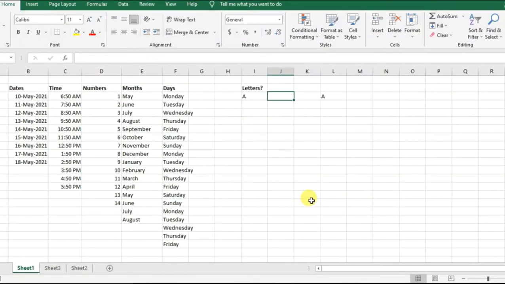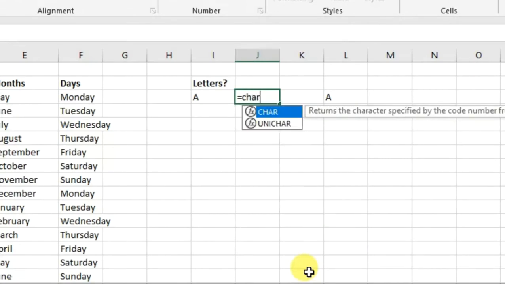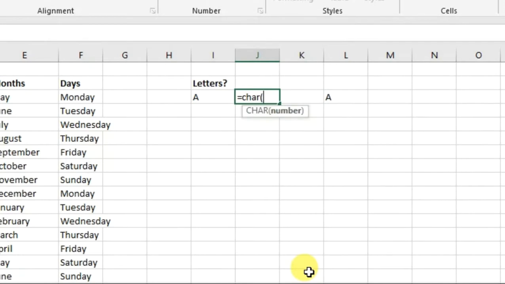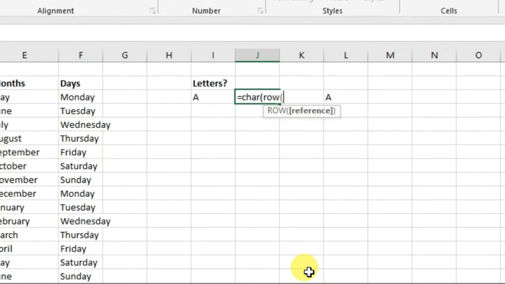We will learn now how we can autofill these alphabets. For that purpose, you have to type the formula: equal to CHAR, that is character, open the bracket, and write ROW, then again open the bracket, then type any cell reference, it does not matter. You can write C, D, E, F, G. This is just for reference purposes.